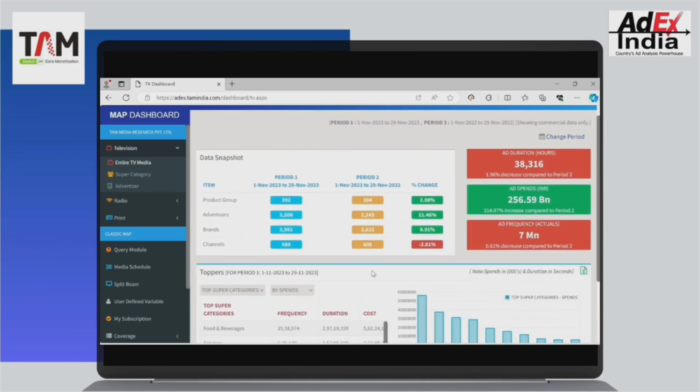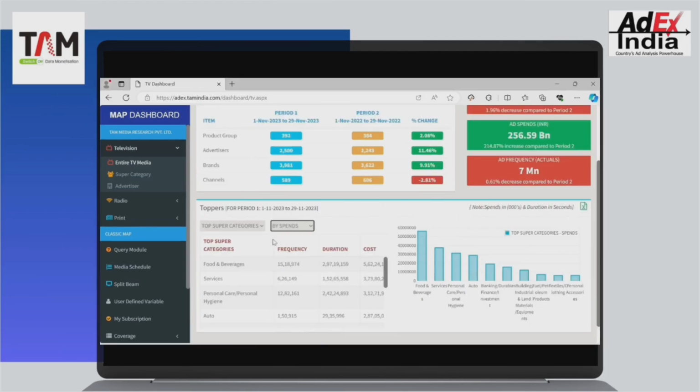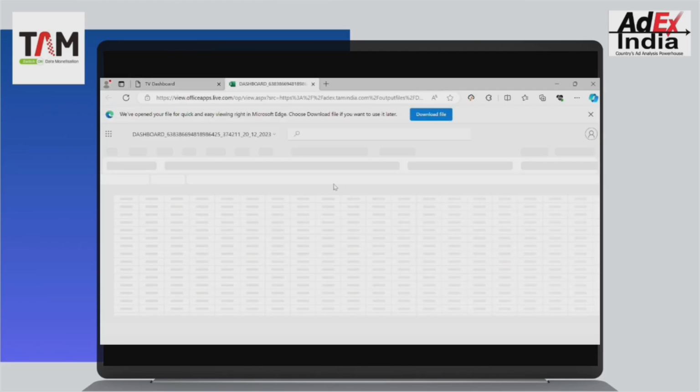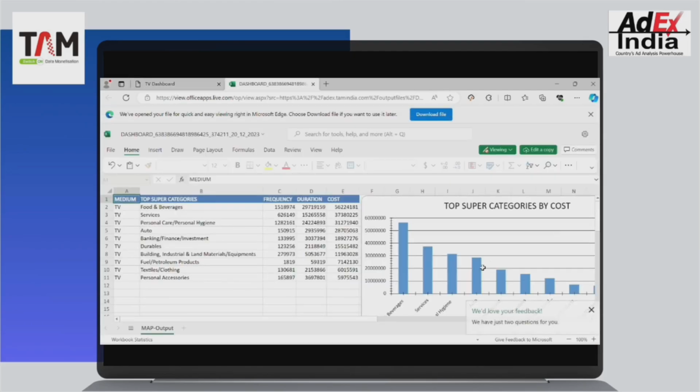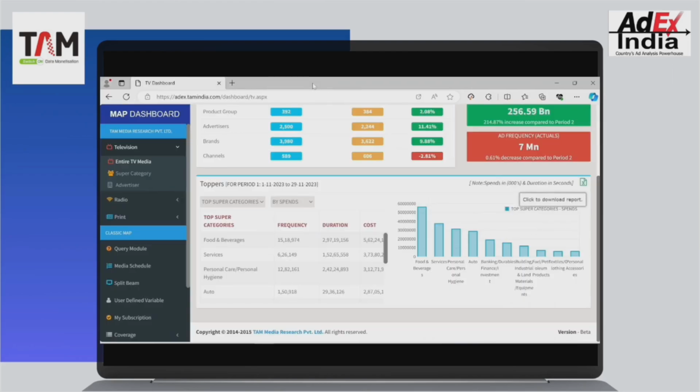You can also view the top categories from these variables depending upon your specific choice, in which you can view the data in tabular and bar graph format, and can export this data in Excel by clicking on this icon. So here is the output you will get to view. Moving on, the next option,